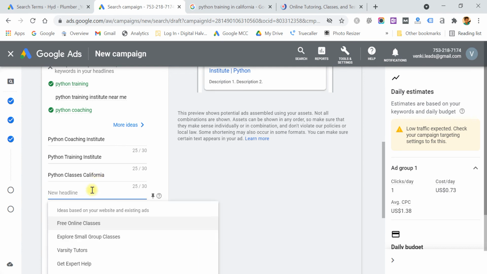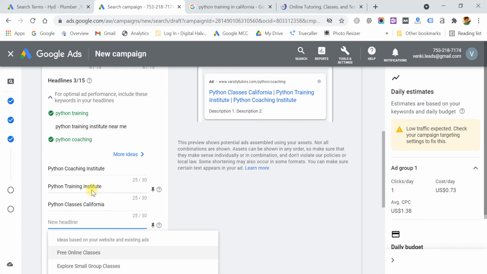Like this, we can add up to 15 keywords here. Whatever keyword we add here will show here for us.